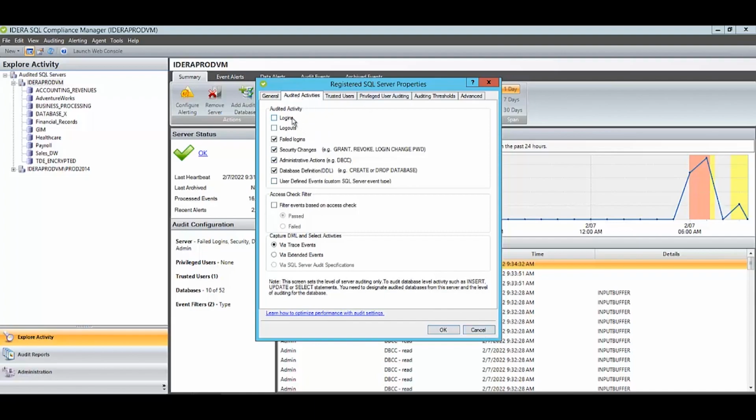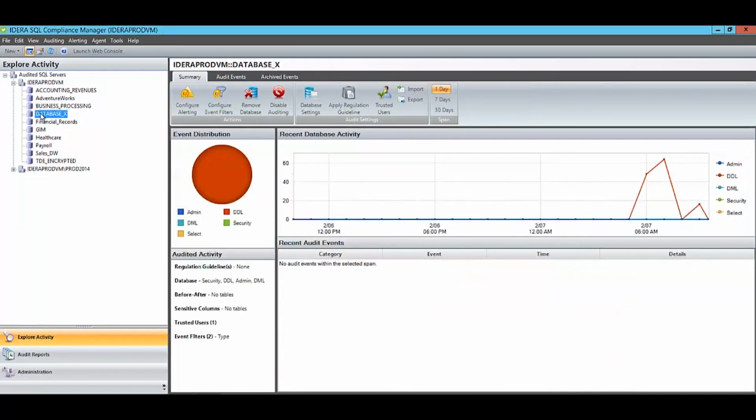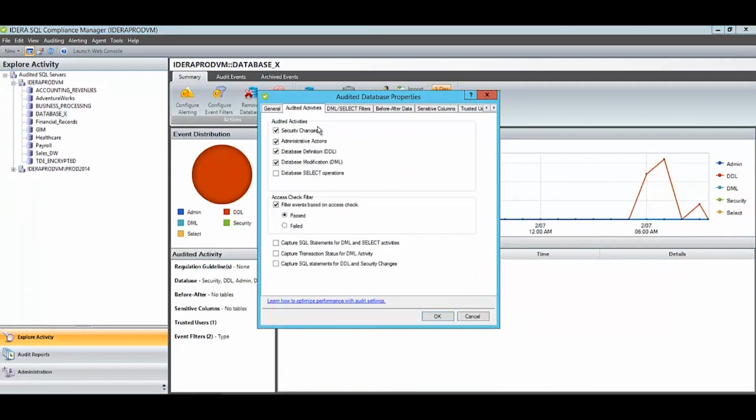If I set the settings here, as you can see, the settings are for logins, logouts, failed logins, security changes, admin activities, and database definition language type activities as well. This is purely for the instance level, whereas if I go down here to a database level, I can go in and make a change to a setting here, and as you can see, the different options that are available here on the database level would include database level activity like security changes, admin activity, DML, data modifications, DDL structural